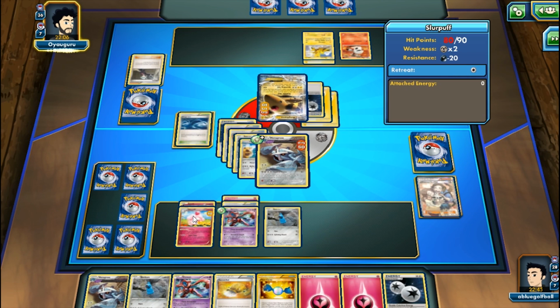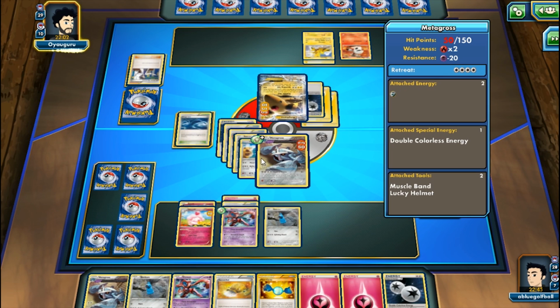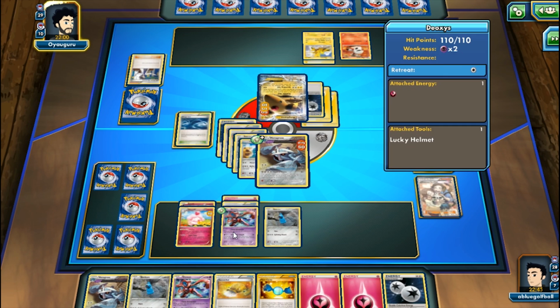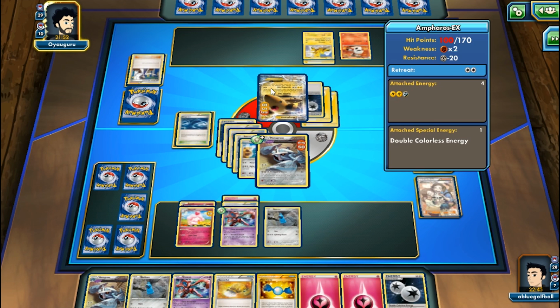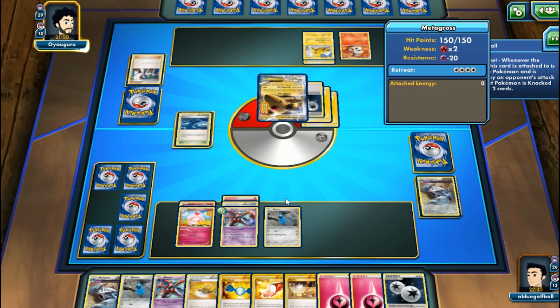We don't have Floatstone in the standard format, so we can't play that on the Slurpuff and get 2 more cards. And we don't have an energy on the Slurpuff, nor do we have Fairy Garden, so we can't take that advantage either. And we really need to get this DCE dropped onto the Metagross when we evolve it to be able to knock out this Ampharos. And there it is, my opponent knocks...